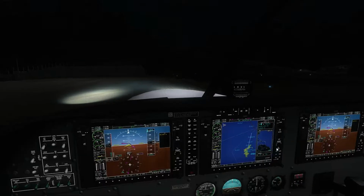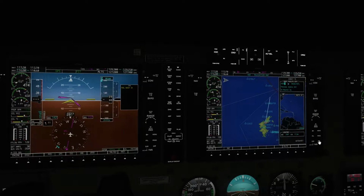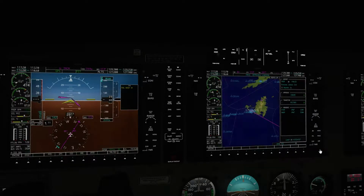So let's just look down here and make sure we want to go back to Princess Juliana at St. Maarten, TNCM, Tango November Charlie Mike. So we're going to enter that and activate it, and there's our magenta line. Now what we'll go ahead and do is hit our procedure key and select an approach. So we'll use this big knob here and enter that,